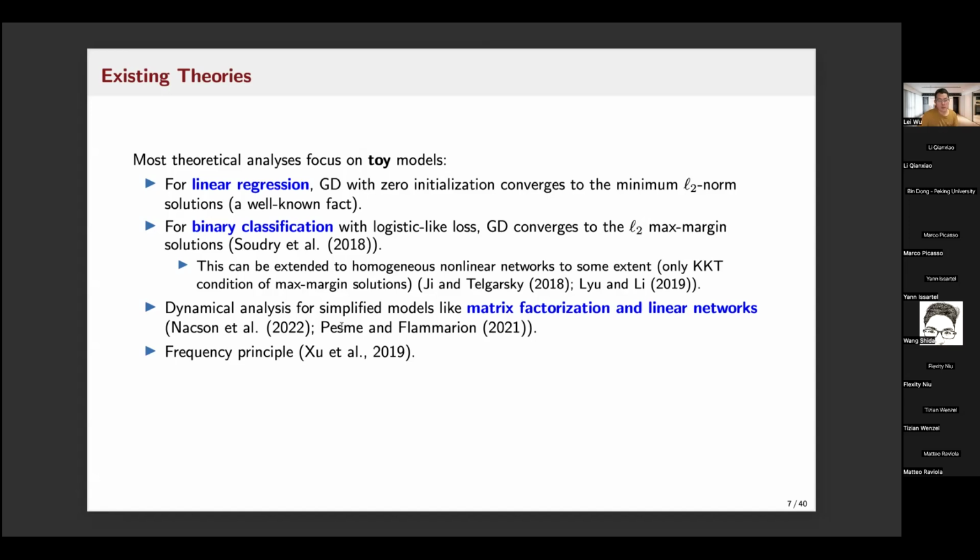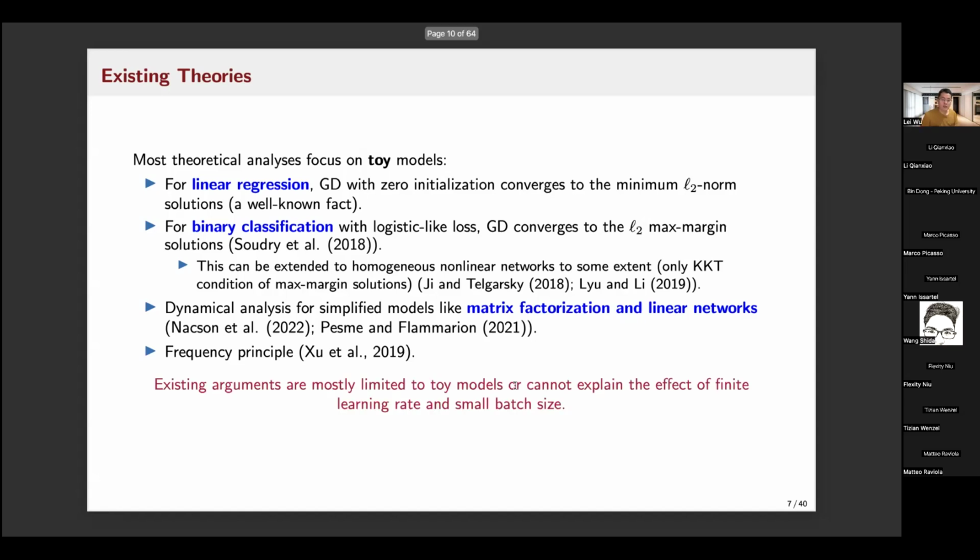And we can generalize this to some non-convex models, but still it's limited to some very specific models like matrix factorization and linear networks. In general, if you want to track the entire dynamics, the entire trajectory, then the analysis must be limited to some very toy situations. However, in this talk, I will introduce a stability analysis, which is not limited to toy models and also can explain some